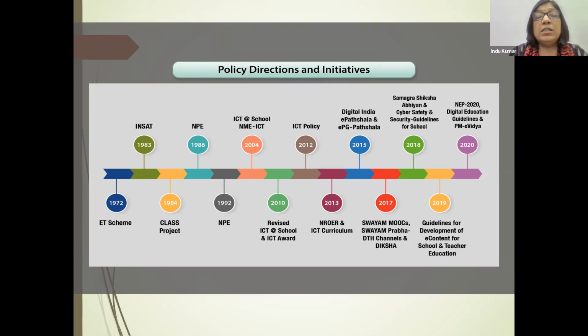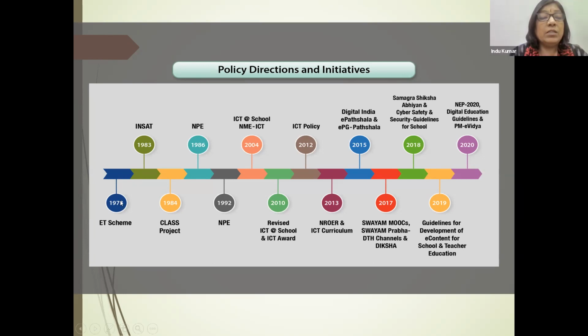Wherever there is some kind of chronology involved, timelines are the best digital resource to be used. Here you can see the chronological development of policy directions and ICT initiatives, and what the ICT initiatives were based on those policy directions, through a timeline.